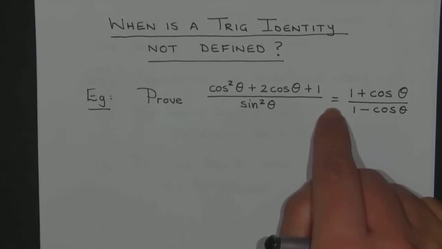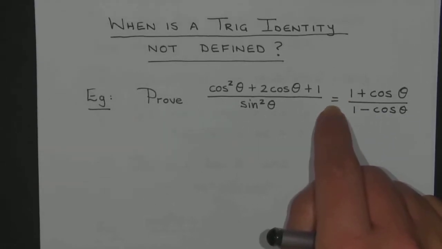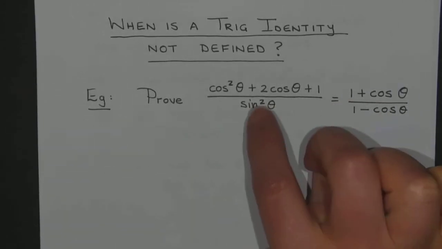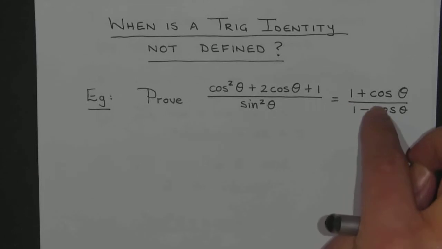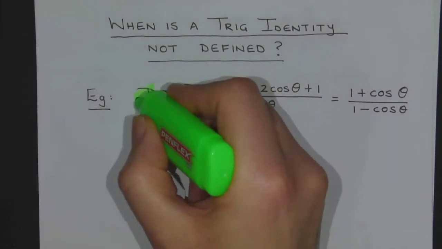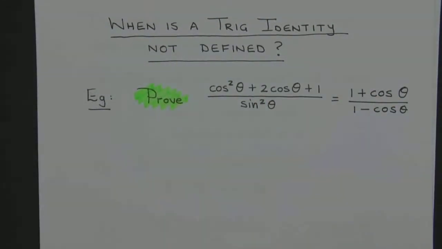A lot of people, when you see this equal sign, seem to think that this could be an equation because it has a left-hand side equal to a right-hand side. But this is not a trig equation, so this is not a general solution because of this word right there. Prove it. Prove it means show that the left-hand side will always be equal to the right-hand side, no matter